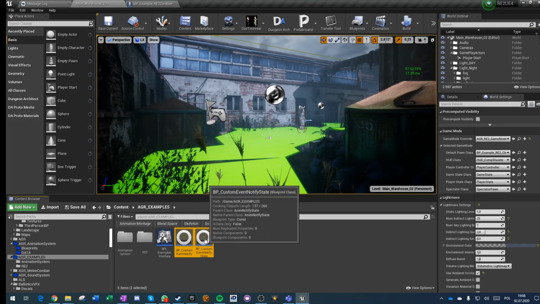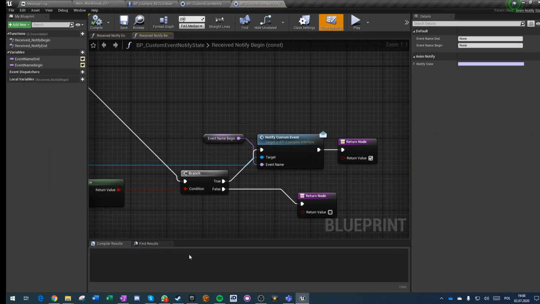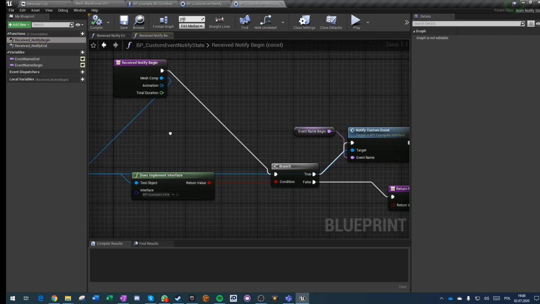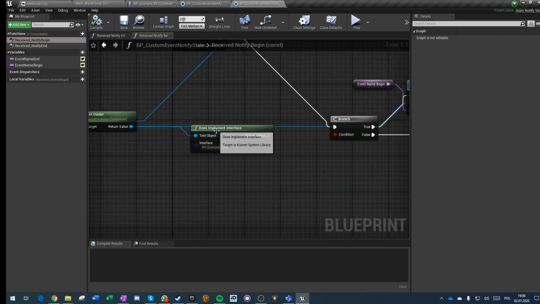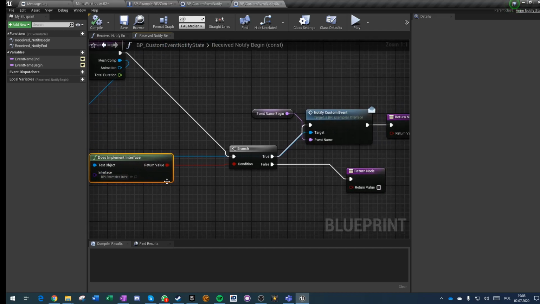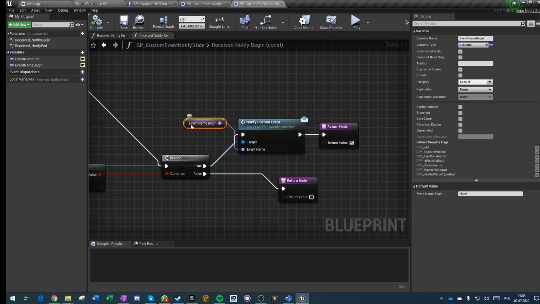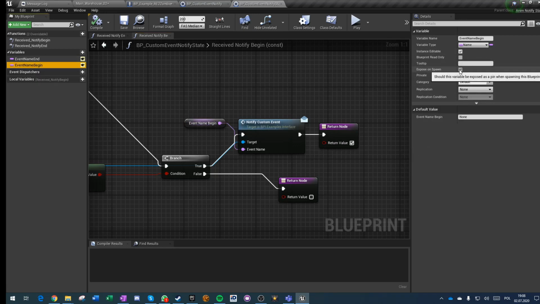Let's go through those two. They are very simple. So this is the custom event notify state. It also has just begin and end, and what it does is take the owner and check if it implements the interface. If it does implement the interface, it just sends this event name, begin, which is exposed on spawn. So every time you put it inside any animation, you can name this event however you like, just type